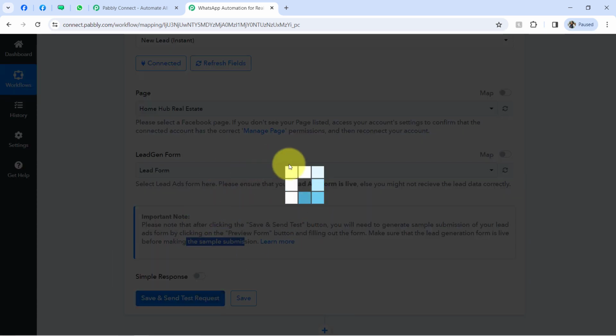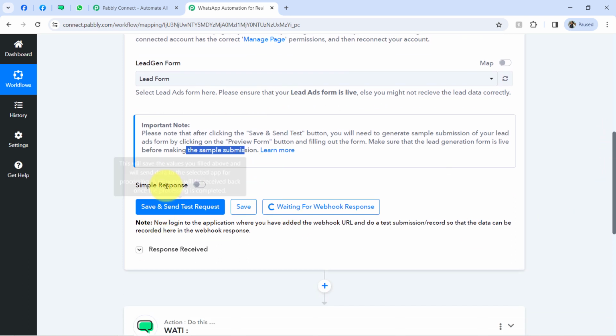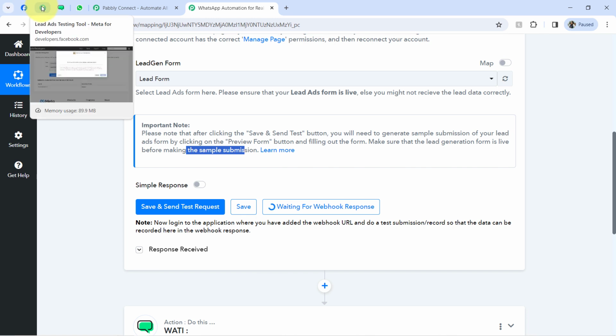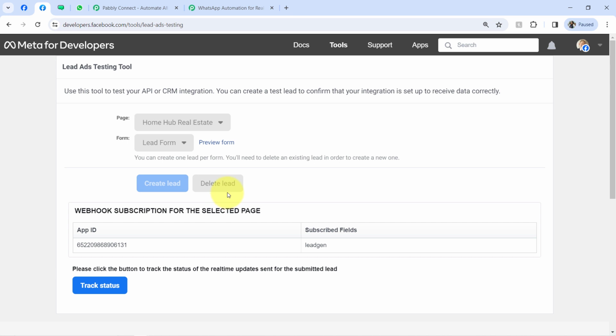Clicking on this button, firstly save and send test request. Okay, give me a second, I think I have done this wrong. Firstly you will have to click on this button, and after that only you will have to make this dummy submission. Okay, so closing it, and now I'm going to delete that existing lead and I'm going to preview that